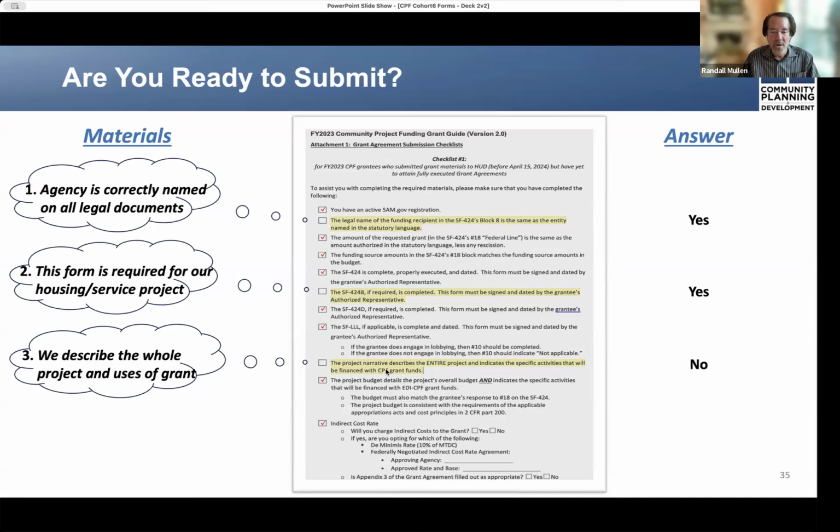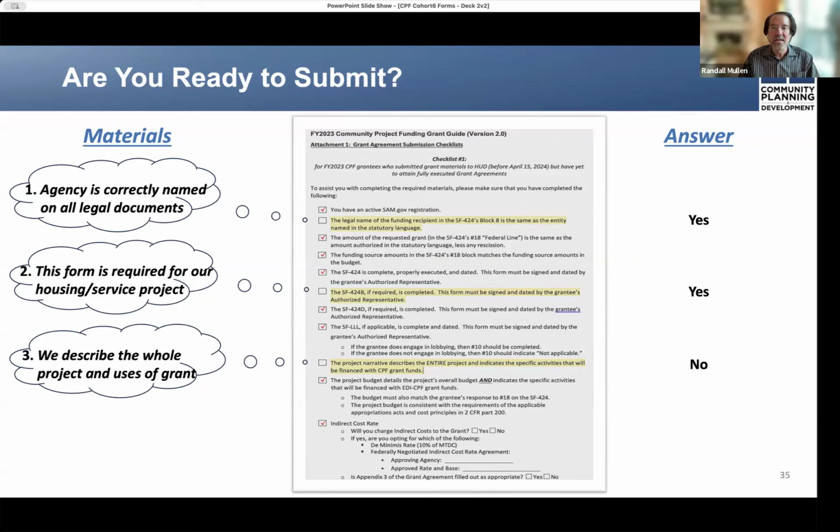What this check mark requires is that the project narrative describes the entire project and indicates the specific activities that will be financed with the CPF grant funds.